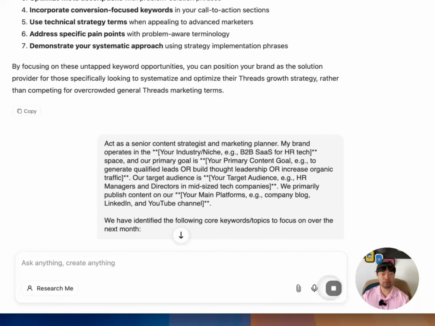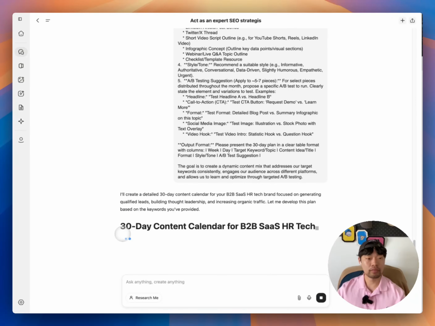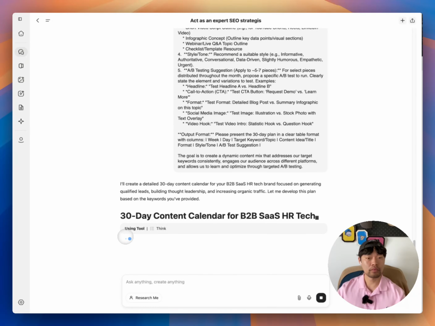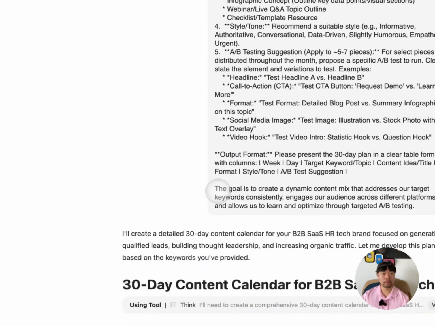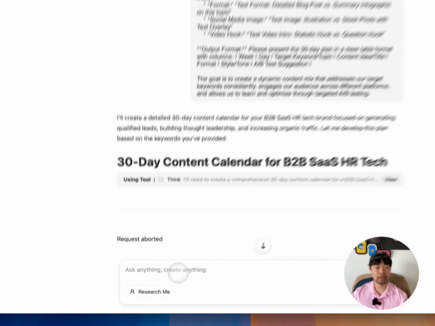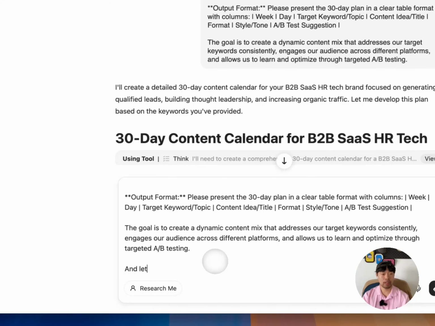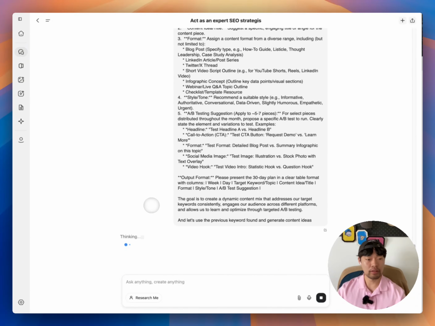So if I just run this one, oh, I think I forgot one thing here: the keywords found, and generate content ideas. Let's see.